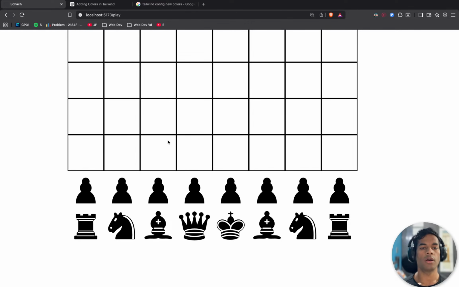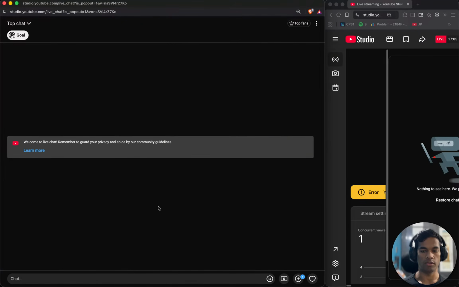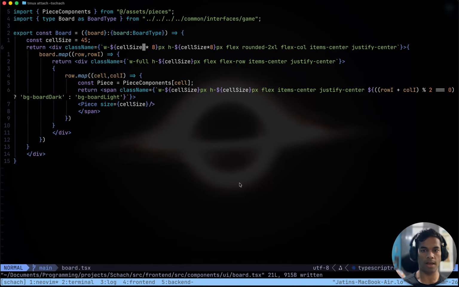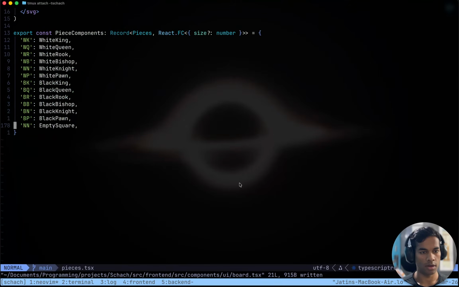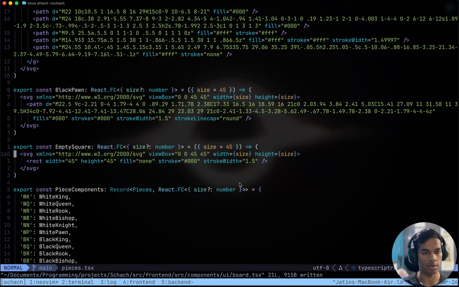Okay, we see these lines because those places are empty, so we have to change here empty square. Empty square is a rectangle with width and height, like this.